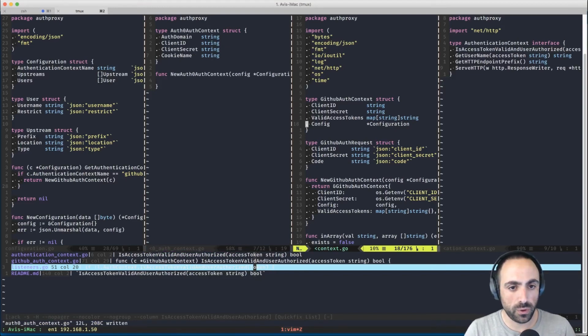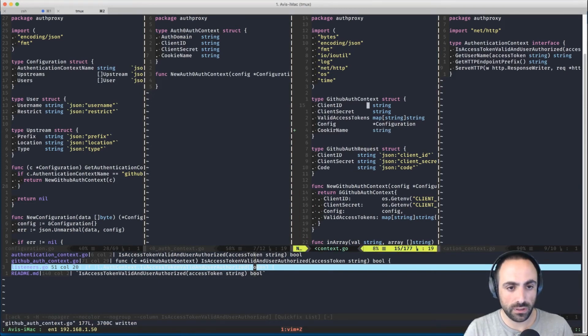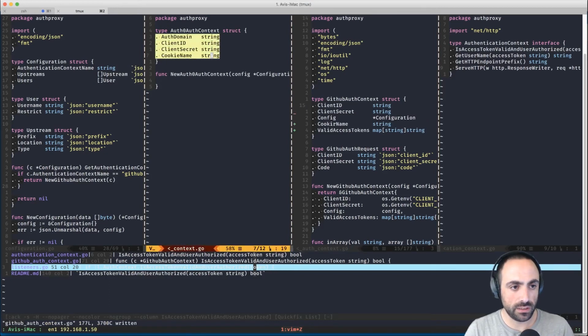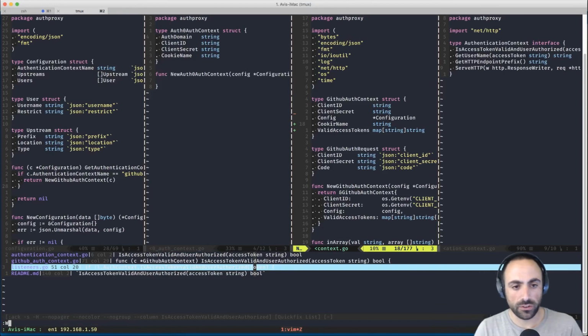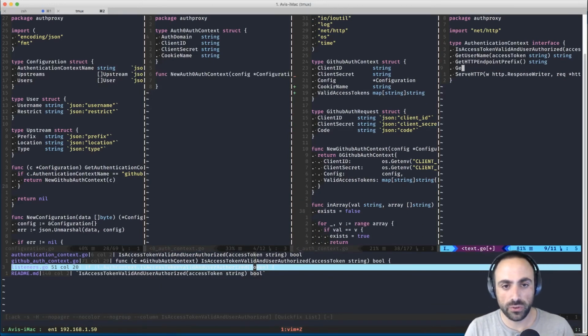I think we need to add that here as well. Now let's go ahead and sort this, just to make it nicer looking. And what we're going to do is get cookie name, which is going to be a string.